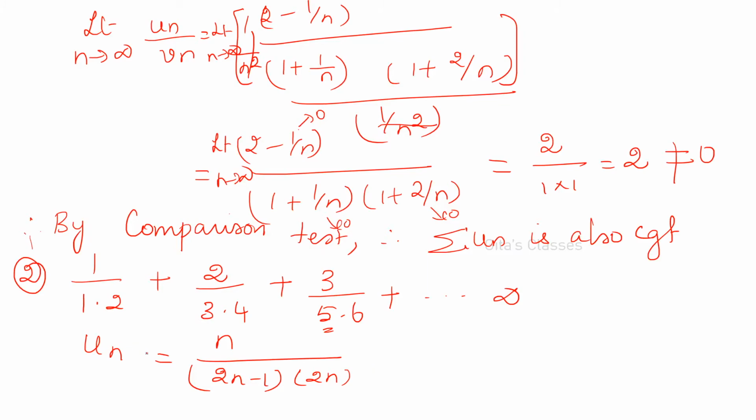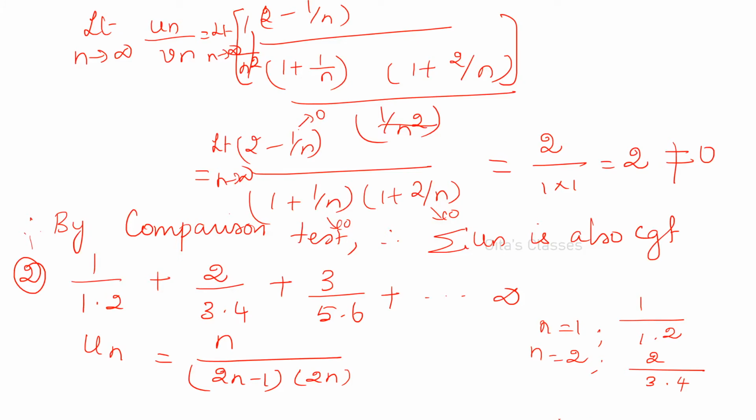After writing un, you check whether you have written correctly or not. How will you find out? For every problem throughout this unit, after writing the general term, substitute n is equal to 1. For n is equal to 1, we get 1 divided by 2 minus 1, 1 into 2. For n is equal to 2, we get 2 divided by 4 minus 1, which is 3, into 2 into 2, 4. Yes, we got the second term.